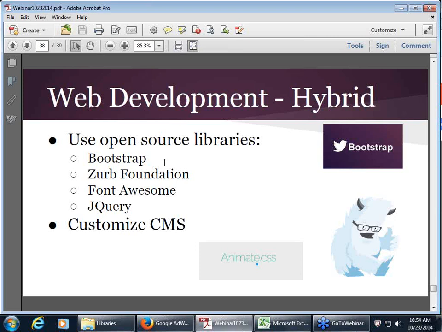What these libraries are, are sets of tools to make it easier to add style to the page and add functions to the page, without having to write long, extensive bodies of code just to get what they want. These are basically predefined. So they're still developing their own site, but this makes it easier for them to build the functions that they like into that site.